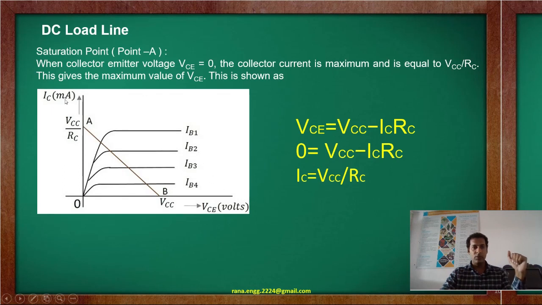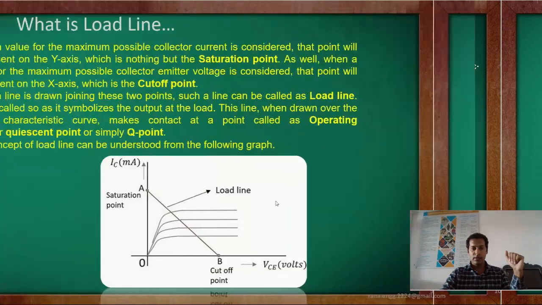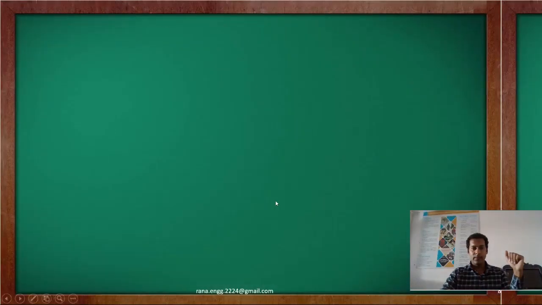at the input. So if we talk about this particular line, what is the equation for our system by applying Kirchhoff's voltage law? We may have VCE is equal to VCC minus ICRC. Why do we get that? This is VCC, the supply voltage. Now let us check it with some diagram.